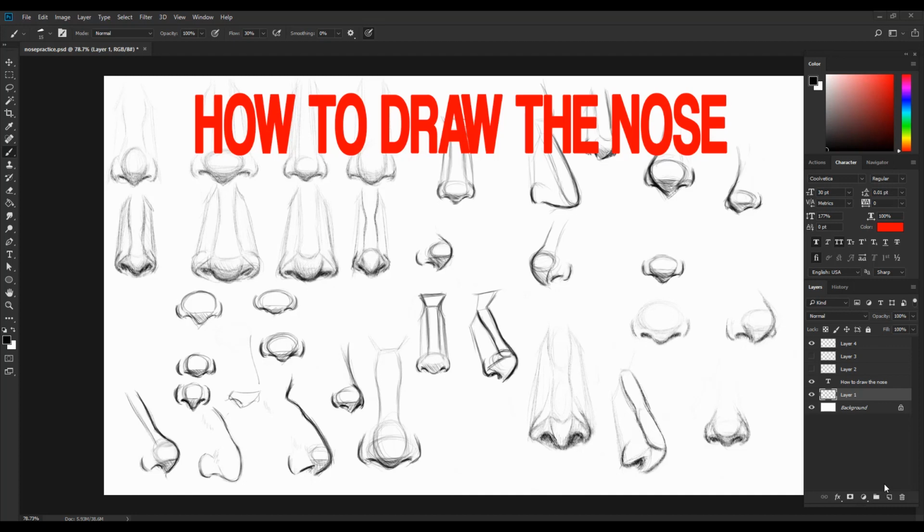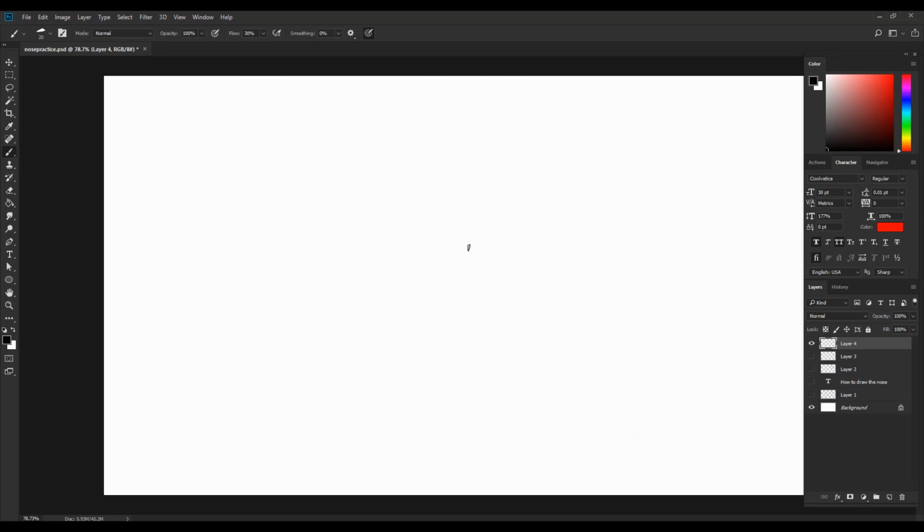I'm going to show you a couple different methods for drawing the nose. The first way is a really simple way using just basic shapes, and it creates a nice simple little nose. The second way is a more in-depth look at the planes and construction of the nose. For the first method, we're going to start out with something really simple, just a circle,